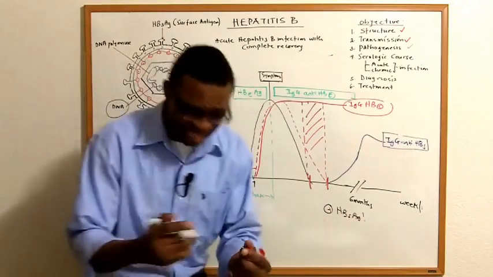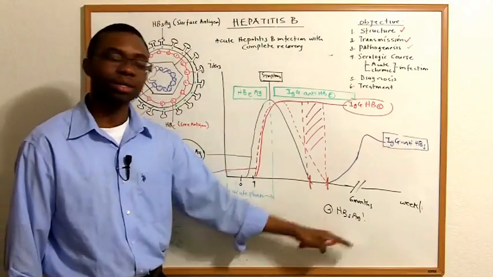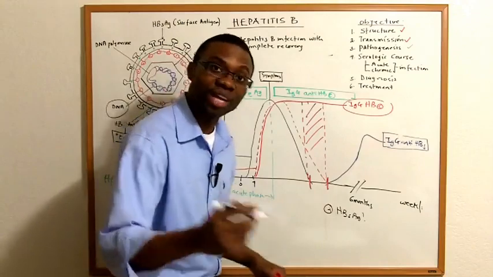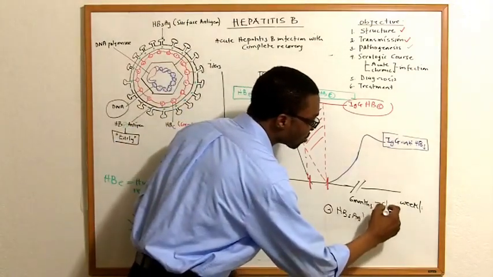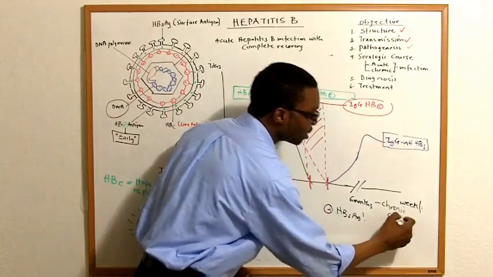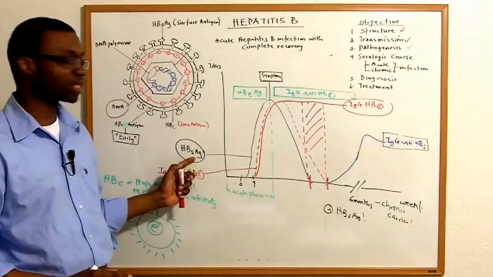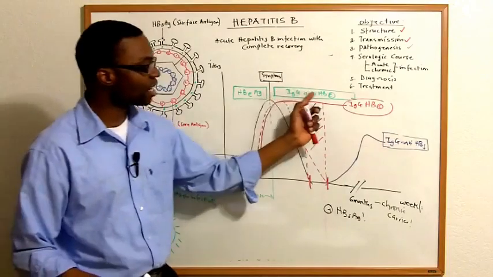What are you saying? You're trying to say that? No, yeah, they're still positive. That means they graduated and become a chronic carrier. Because normal people, when they get exposed, we destroy the surface antigen, we make a bunch of antibodies,